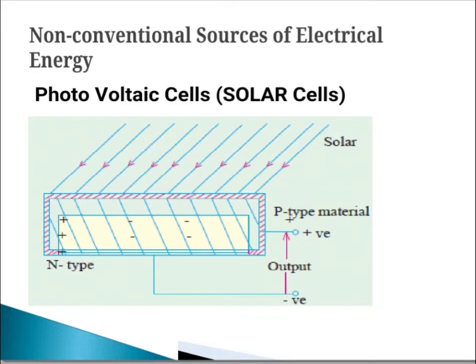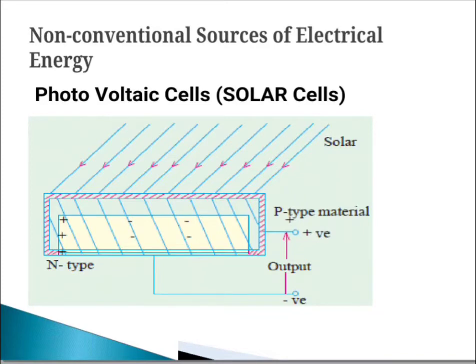What is the working of the photovoltaic cell? When the light is incident on the semiconductor material, it may be passed or reflected through it. The photovoltaic cell is made up of semiconductor material which is neither a complete conductor nor an insulator. This property of the semiconductor material makes it efficient for converting light energy into electrical energy.